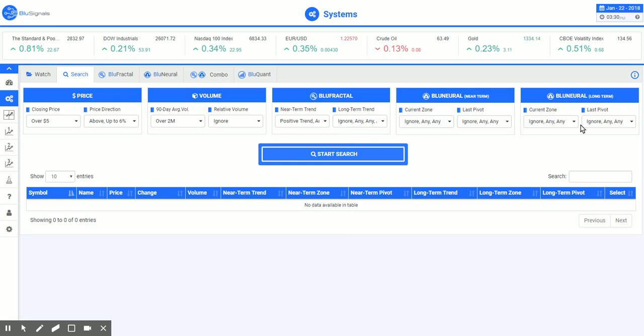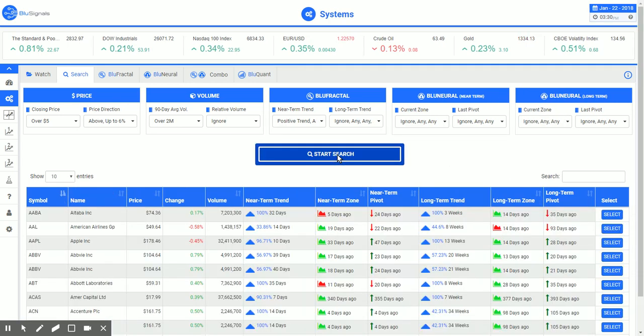And again, there are numerous criteria that you can select from, combining basic price, volume, and direction information with our proprietary signals, both near and long term, regarding trend and direction. And we can search, and it will bring up the results, and in the results, it also gives you details on that criteria,